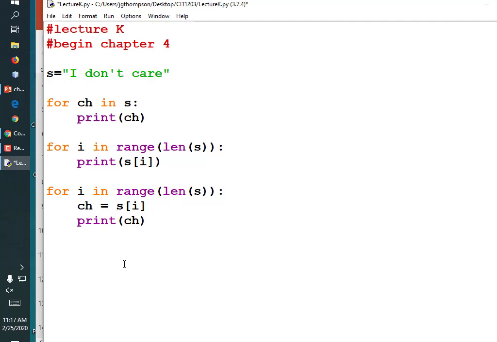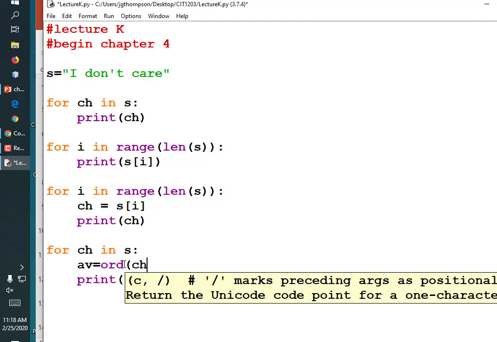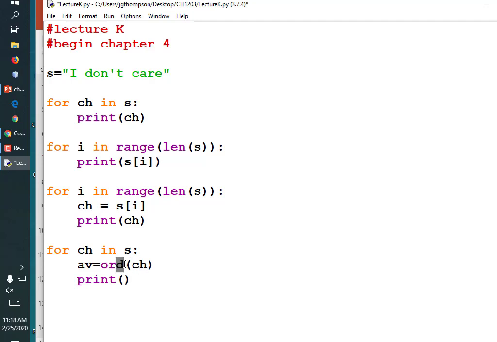So let's print out all the ASCII values of the characters. I'm going to use this syntax just because it's easier. For ch in s colon, I'll tell you what, I'm going to store it in a temporary variable. I'm going to call it av for ASCII value. av equals ord parentheses ch. This ord is the ordinal value of that character, which is the ASCII value of it. And so in the next line, if I say print av or print ch comma av,